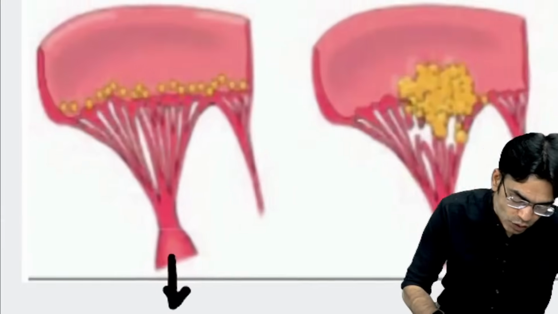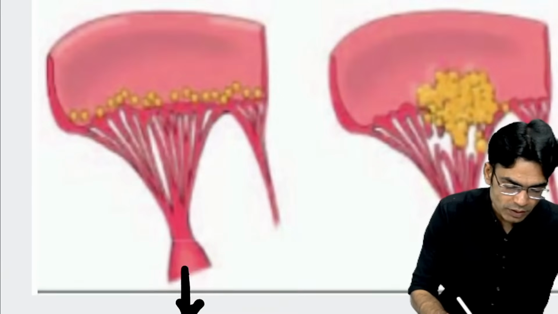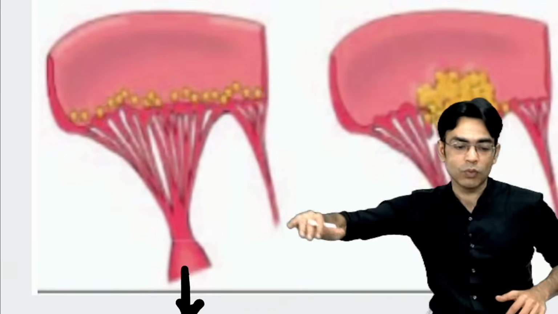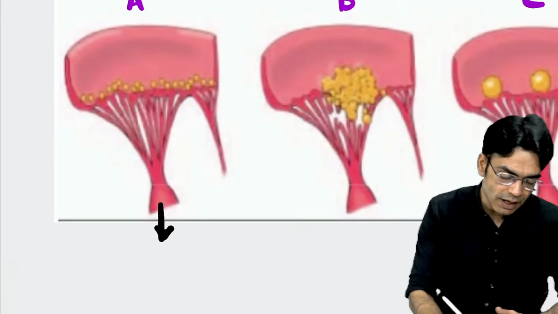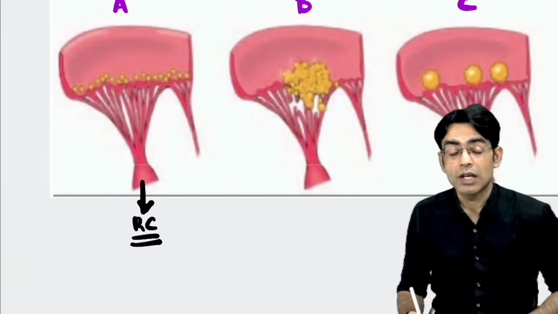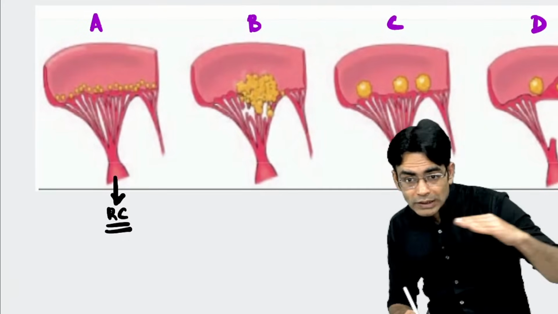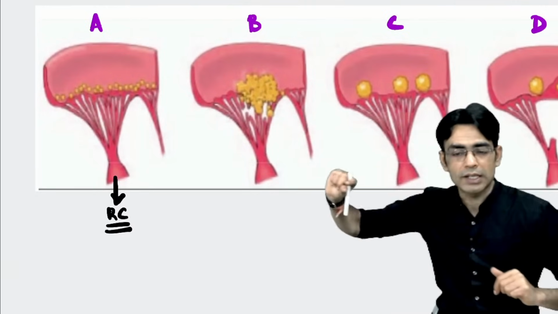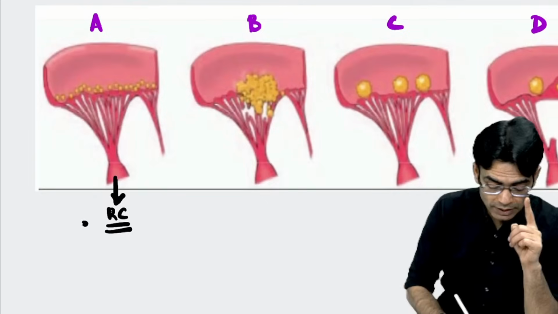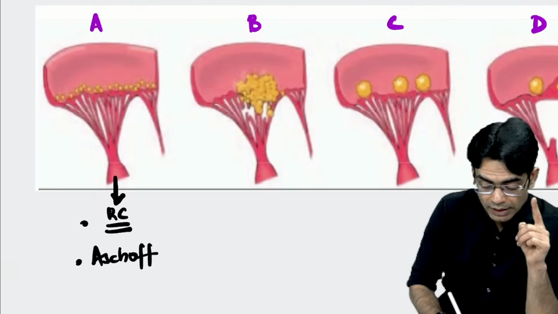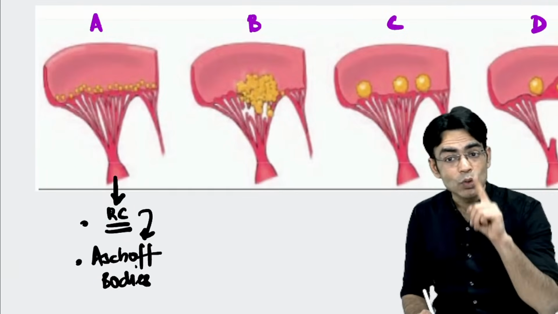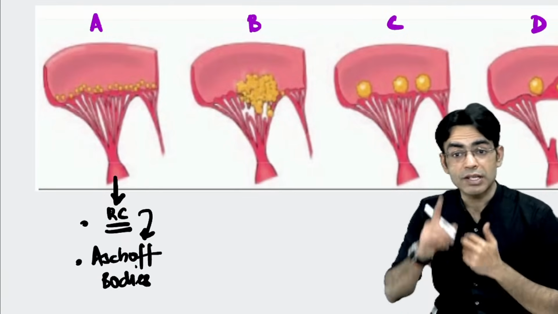You are seeing this growth. Yes, you are right. If you are getting growth on one side of the wall, along the line of closure, with continuous small growths, this is rheumatic carditis. It is a pancarditis. Most characteristic feature is Aschoff bodies for rheumatic carditis. And for diagnosis of rheumatic carditis, history of throat infection is mandatory.